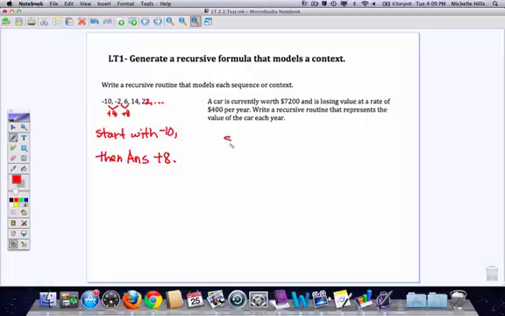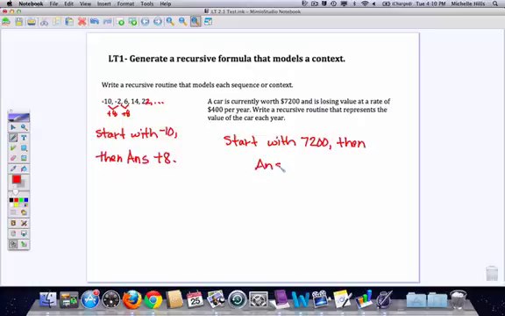In this scenario, I have to figure out what my starting value is, so start with, well, it says it's currently worth $7,200, so start with 7,200, because if I were going to create a sequence of numbers like this, it would start with the term 7,200. Then,